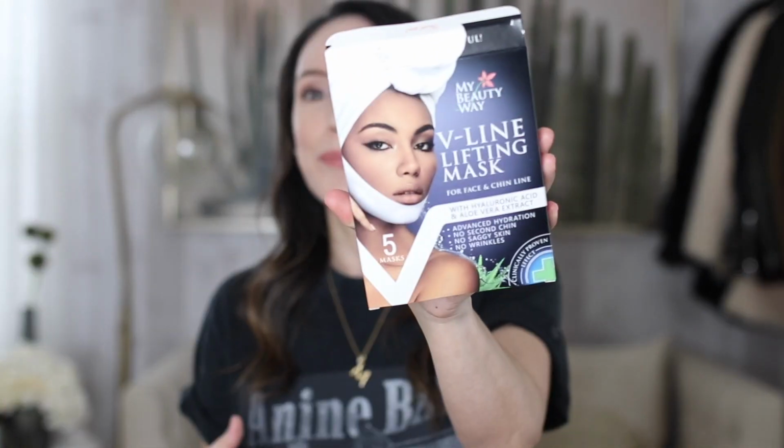But another crazy beauty thing that I tried and really loved are these chin lifting masks from Amazon. They're so silly, and you put them around your ear. They literally fit like just a strap, and it helps to firm the chin, make it lifted, sculpted, more contoured. I mean, listen, I think the box was like $11 and there's 5 of them in here. It is not a permanent lifting solution or something,